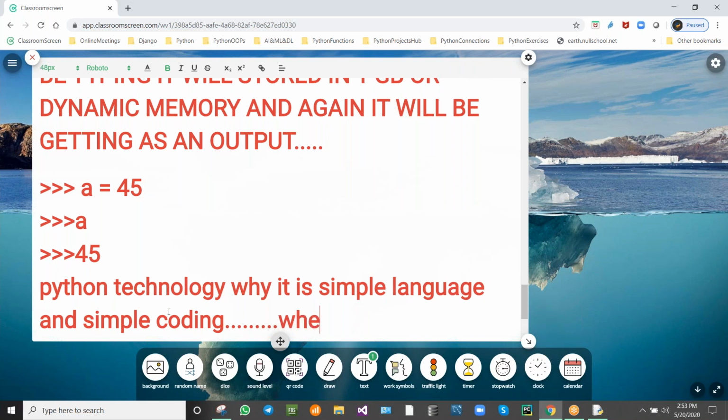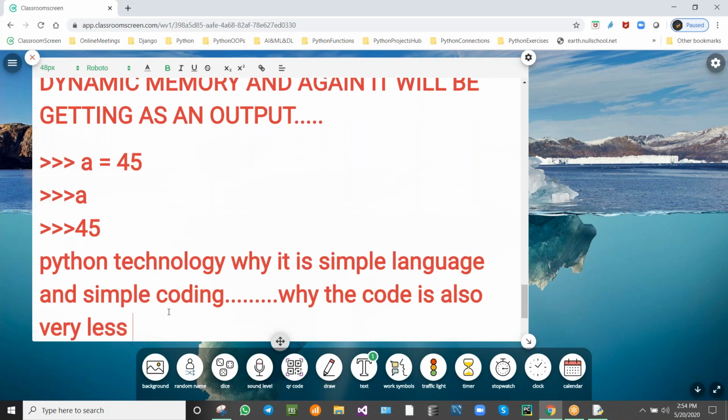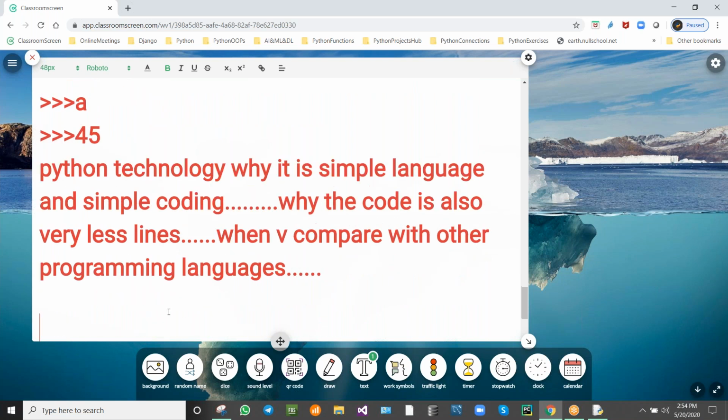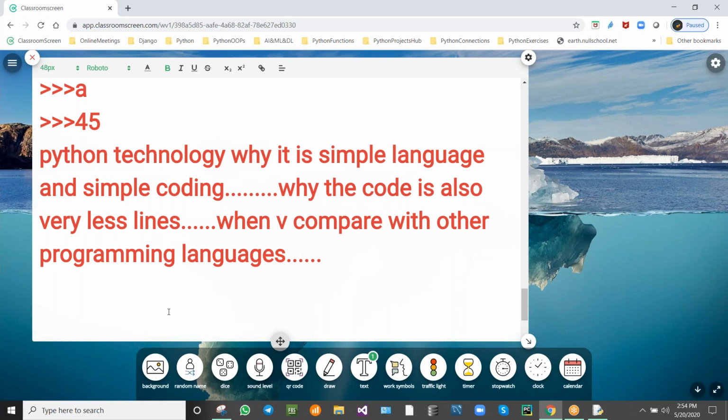The code is also very short, with very few lines when we compare it with other programming languages. We are going to see the methodology, why the code is so short.